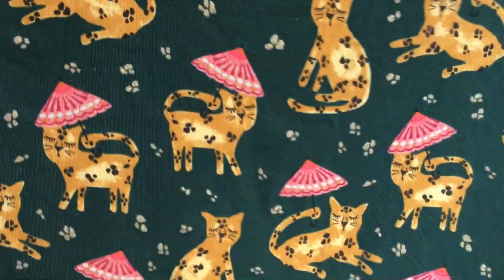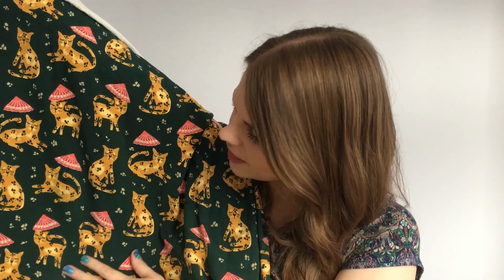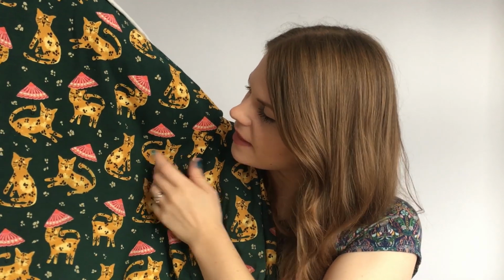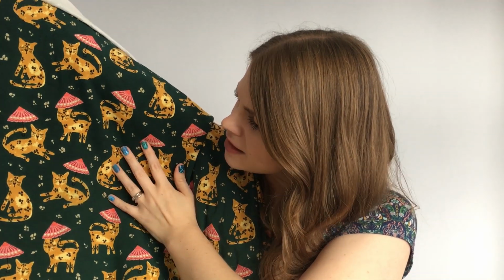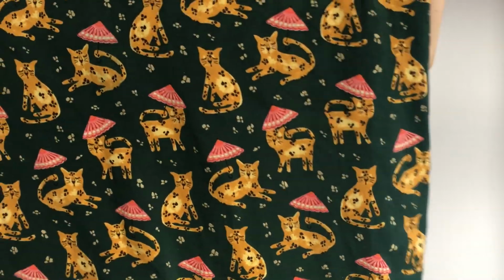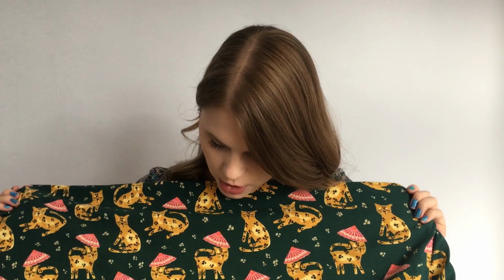It's got these little kind of cats or leopards, you could say, and some are holding little umbrellas, and there's little dots with gold, and I just think they are so cute. They're little faces. So this is quite a big bit. I only ordered I think a meter, but this is a really wide fabric, so I might have enough